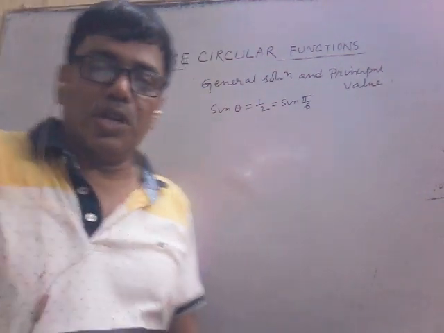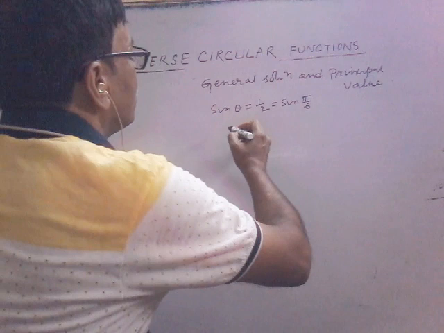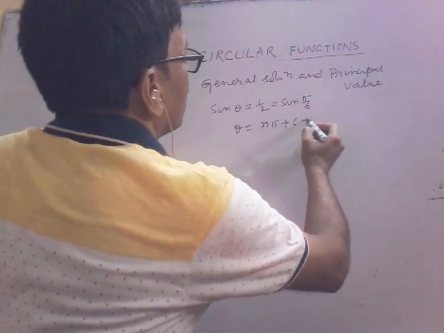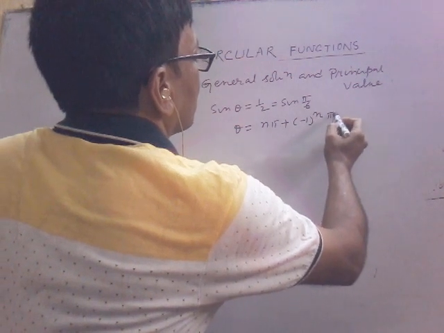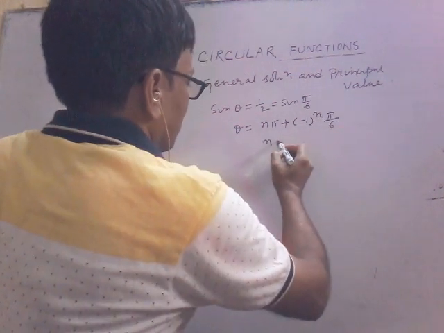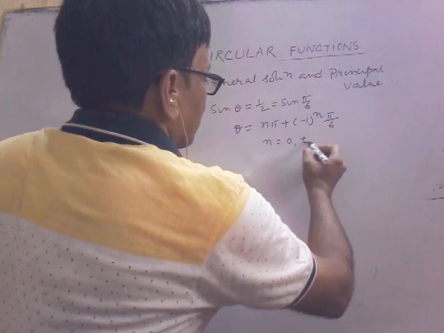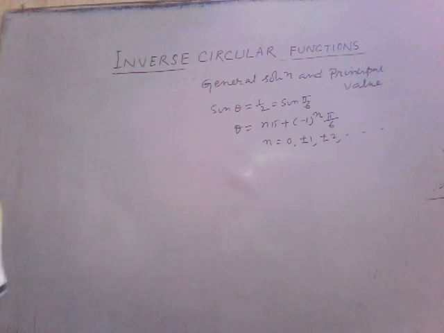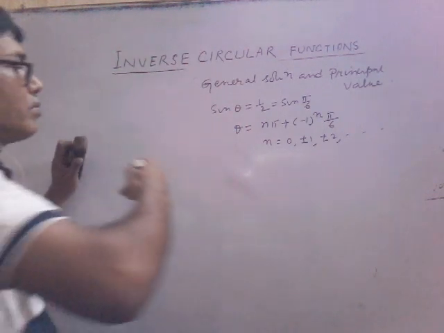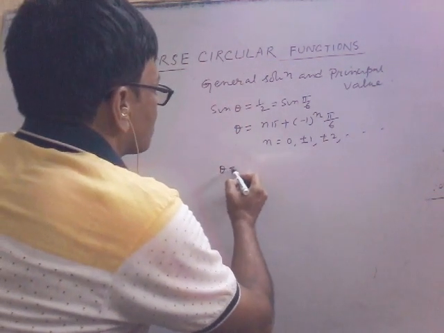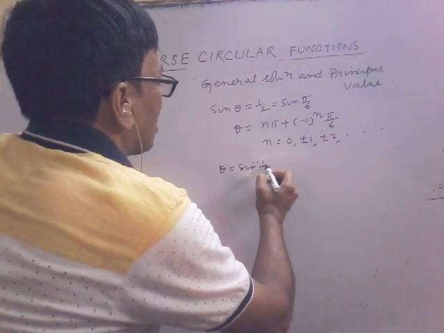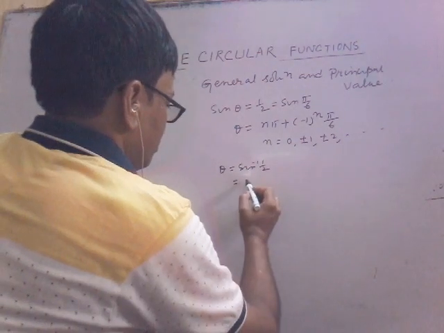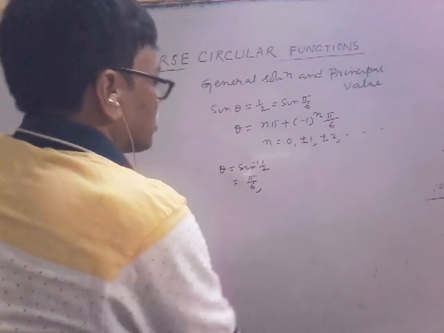So you know, the general solution of sin theta equals sin alpha is theta equals n pi plus minus 1 to the power n into pi by 6, n is an integer. So theta equals sin inverse half equals, you look, n equals 0, then pi by 6,